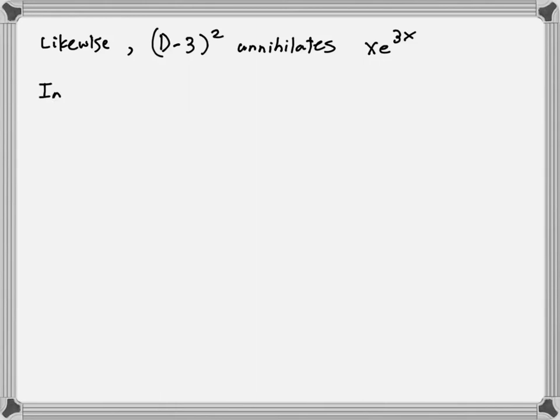So in general, this leads us to one important fact. (D minus a) to the power of k plus 1. You notice you always need one more power to kill an x. So (D minus a) to the k plus 1 annihilates x to the k e to the ax,